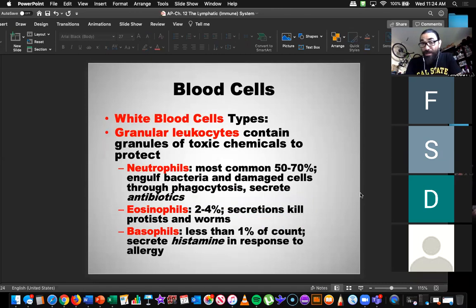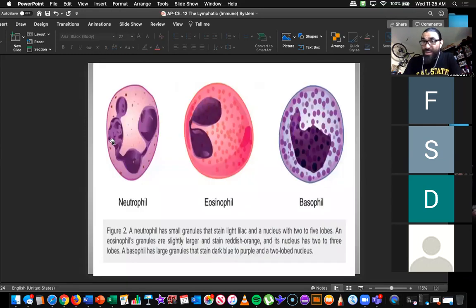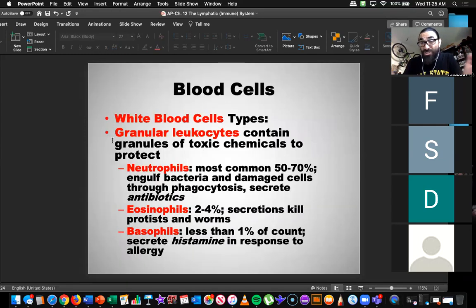There are different types of white blood cells, and I'm going to pause there because there's a lot of different white blood cells I want to talk about. So we lump them as the granular leukocytes, which you can see there's 3, which I'll talk about next time. And there are what we call the agranular leukocytes, which we'll talk about next time. But I'll pause there because white blood cells are kind of the star of the show. So I'll have more to say, and I'll show you guys some animations of how they work specifically to protect us. Okay, so we'll pause there. I'm going to stop sharing my screen.